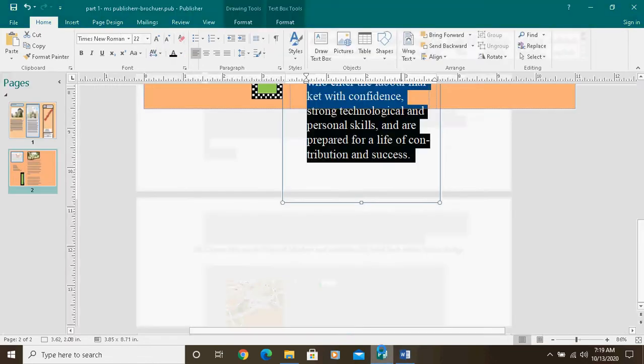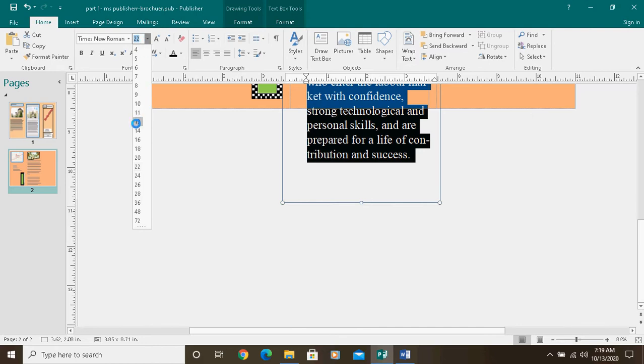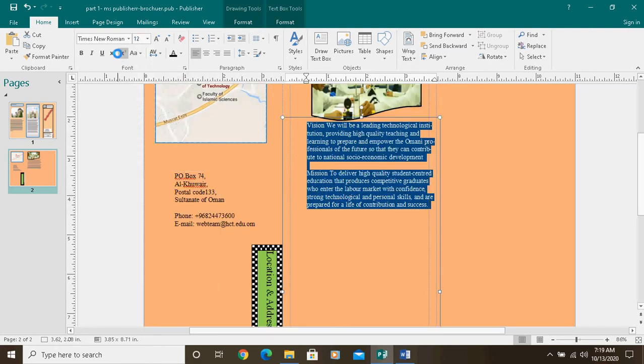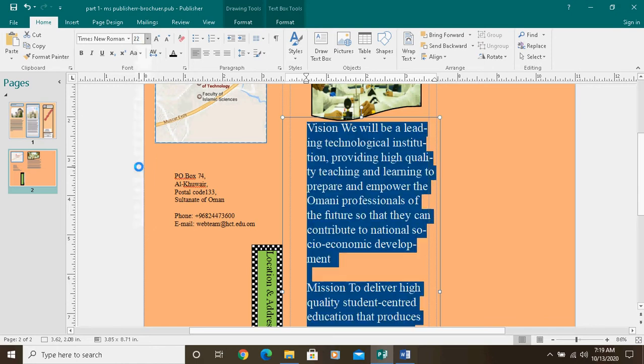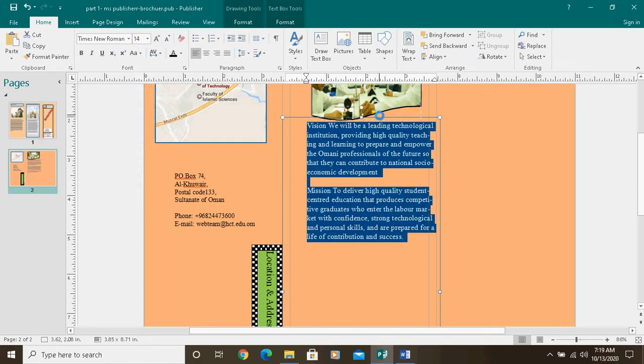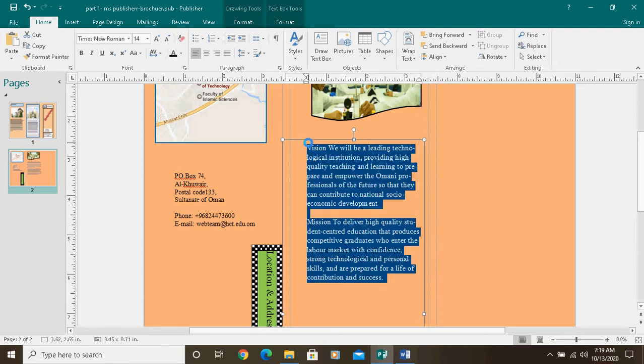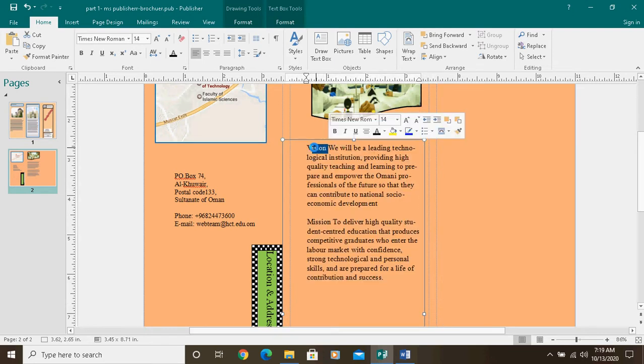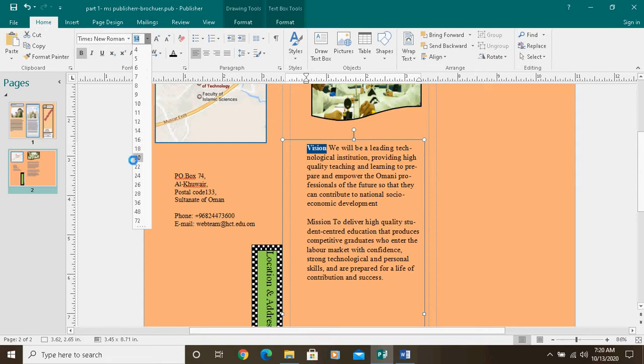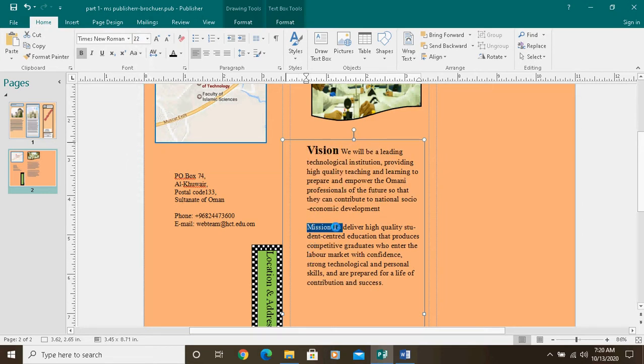So I'll make other text smaller because it's not inside. So I make 12, or otherwise I'll make it a little bit bigger, 22 like this, 20, 18 like this. I'll make 14. So what exactly I want to do is here only vision and mission 22 and bold they are telling. So vision and mission, this is 22, this particular word. So bold 22, bold 22.